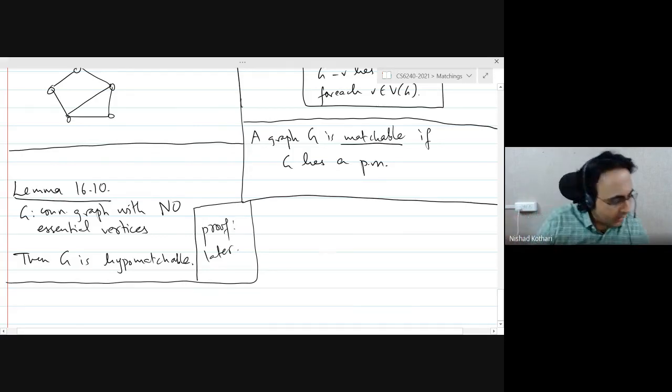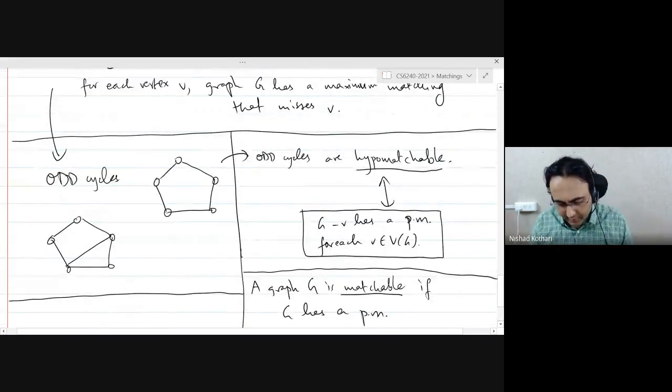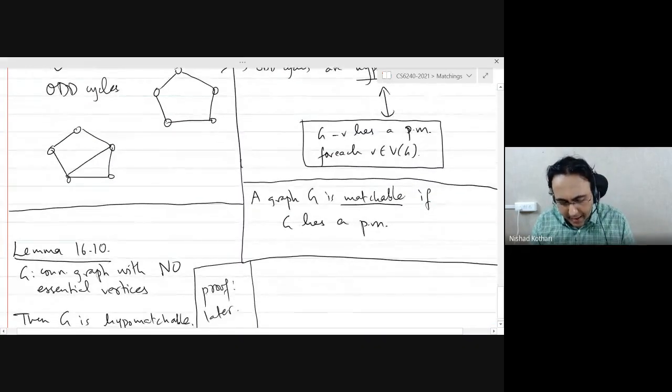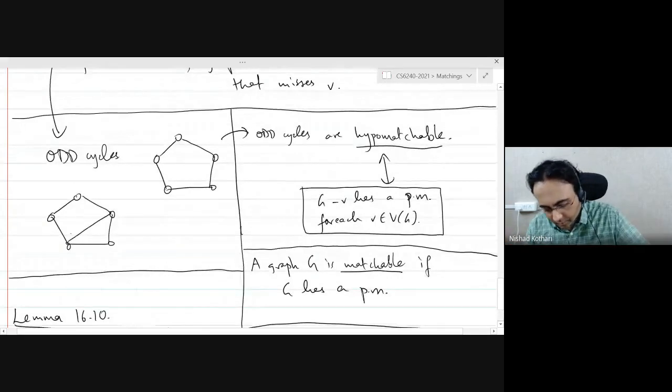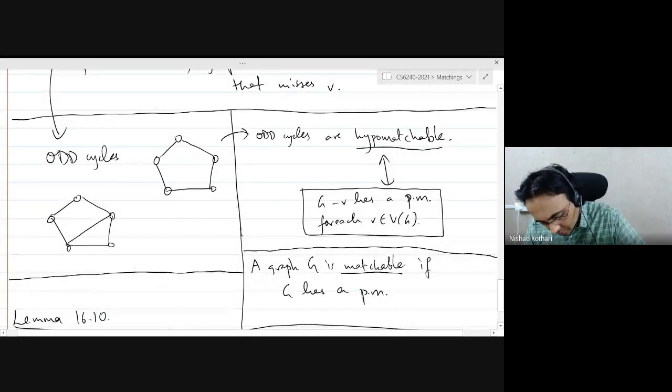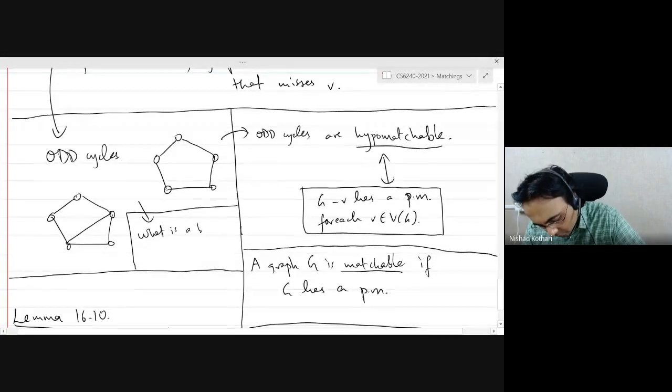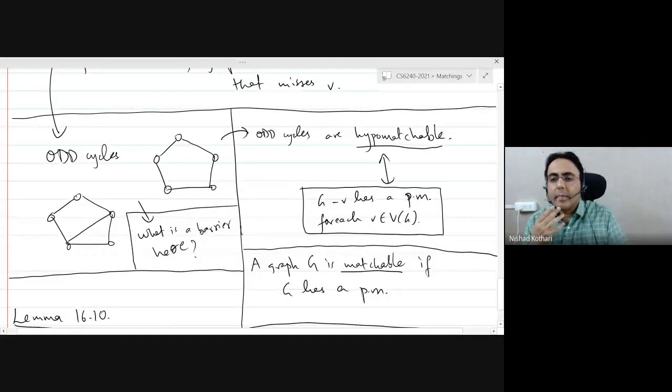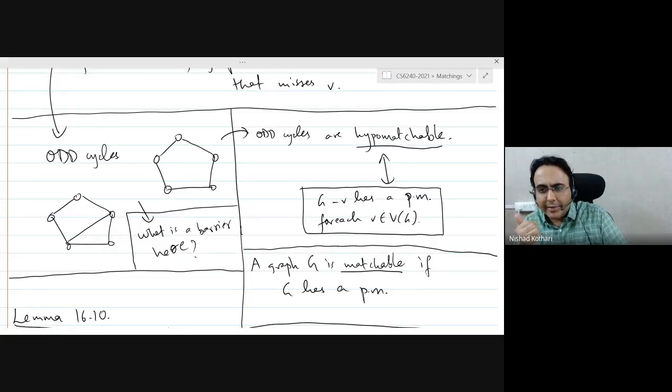Okay, so let's prove the following. In fact, let me ask you, what is a barrier in an odd cycle? Remember, in any maximum matching, you will have exactly one unmatched vertex.